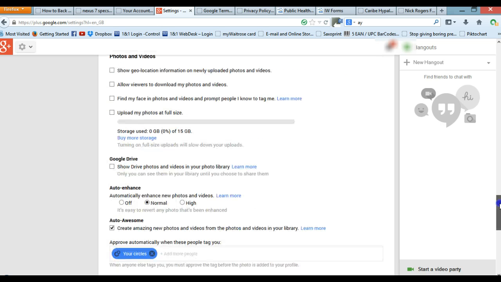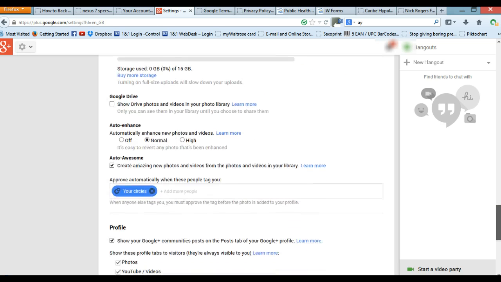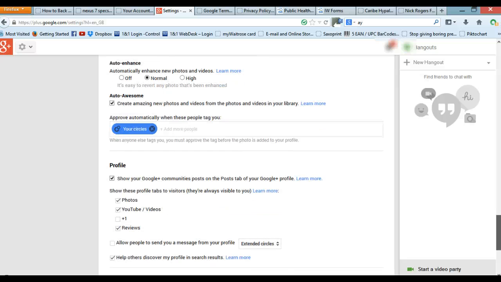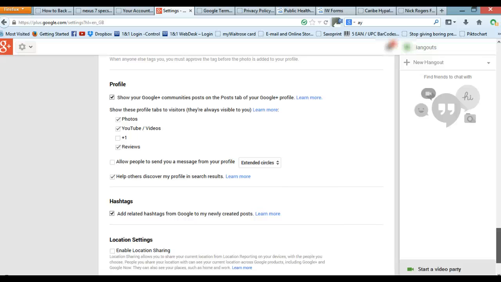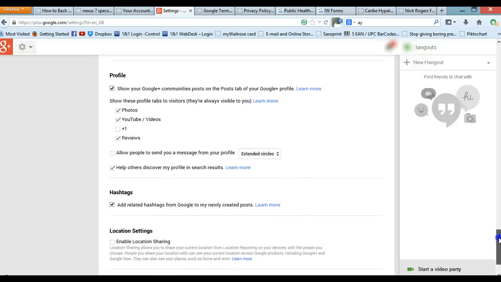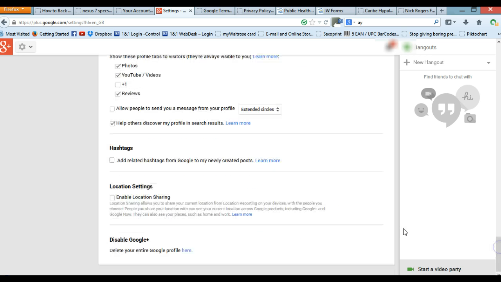And the other thing is down here, I'm going to look at my profile and I'm going to remove hashtags. Okay. And the last thing I'm going to look at is here, it's got enable location sharing. I do not want that ticked at the moment, so I'm going to leave that unticked because I don't want to share information with the whole of the Google